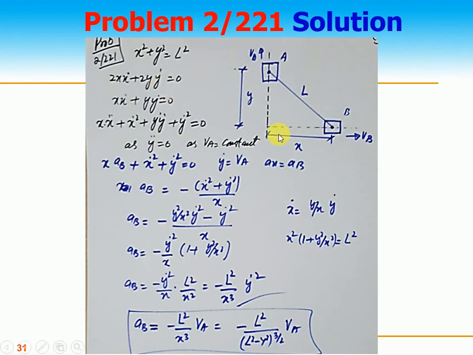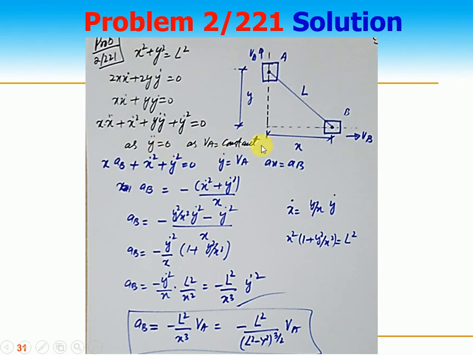So very simple, because this is x, this is y, so x square plus y square is equal to L square. So I take the derivative: 2x x dot plus 2y y dot is equal to 0. x x dot plus y y dot is equal to 0. If we take the second derivative, again we use the product rule. So x x double dot plus x dot square, so it is y y double dot. Similarly, I can put the y dot into y dot square. As y double dot is 0